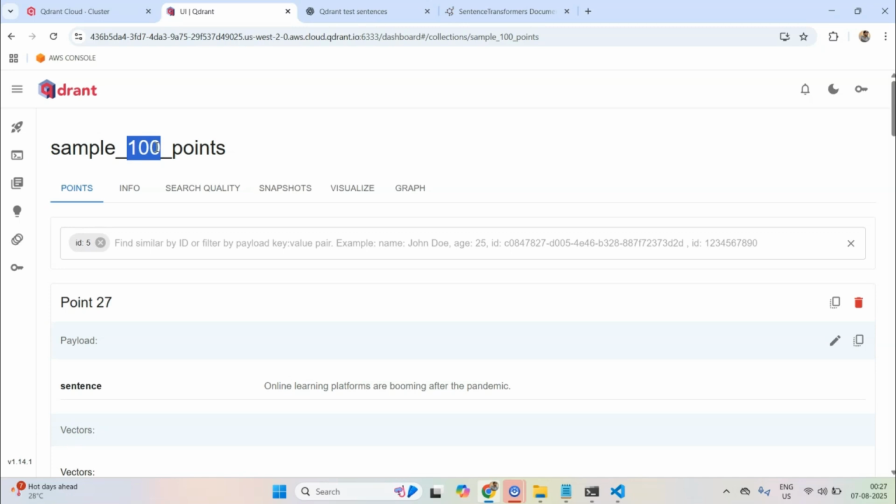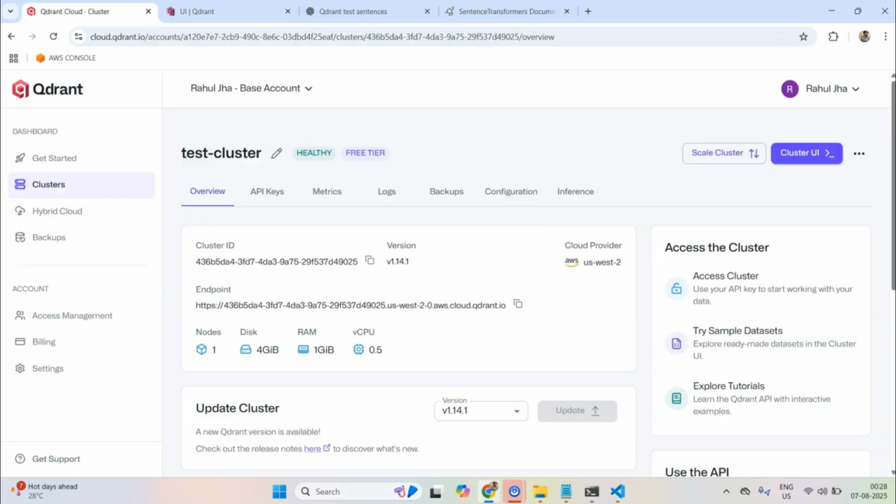One of the nice things about Qdrant is you can scale your vector databases to millions or billions of vectors. Obviously there are more considerations in that, like horizontal scaling, vertical scaling, and more configuration settings you will have to think about. Also you can't do it on free tier clusters; you have to create dedicated clusters. Currently these are free tier clusters.